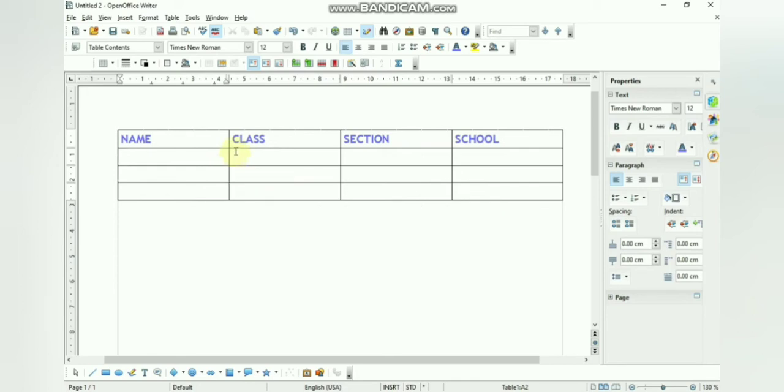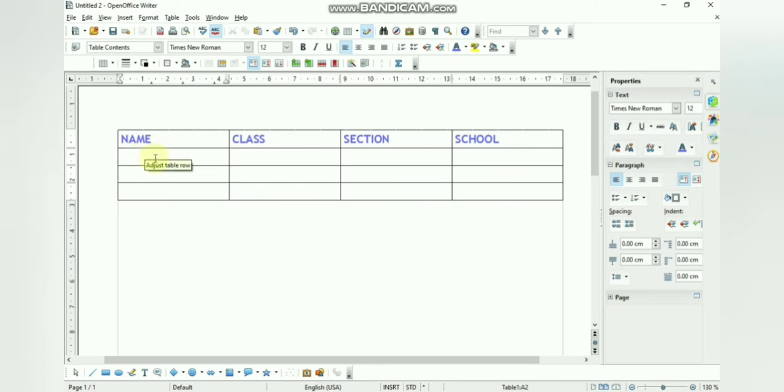Then next one is how to format the tables. Okay, so how to format the table, what we have to do is again you have to select the table. Okay, and why formatting of table is necessary? Because it gives a certain look to the table by formatting its layout, that is the table border and shading. And the formatting, we can also format the content, just like we have formatted the columns here. Okay, the text which we have inserted in the first row. Okay, same way the data also which we will enter, we can format it.